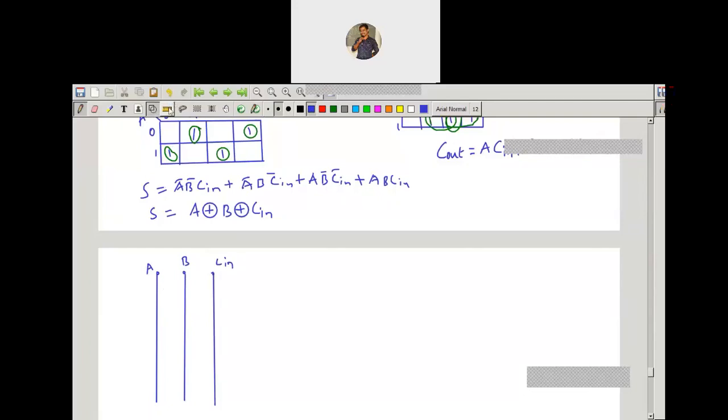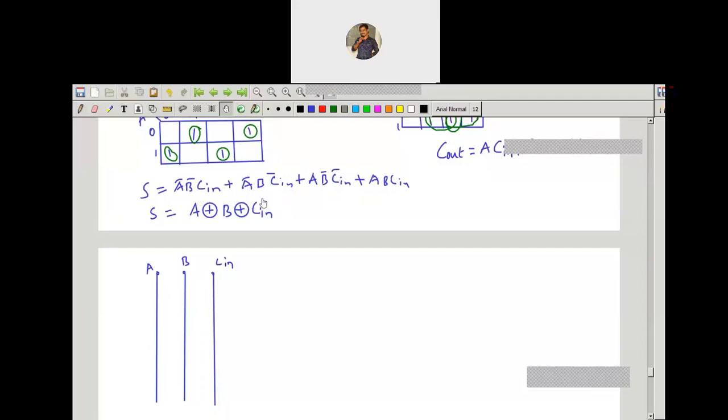First, to implement the sum, you can do this; both are correct. If you take the first expression for sum, A bar B bar C plus A bar B C plus A B bar C plus A B C, you can take this expression or simply A XOR B XOR C. But I will go with the second expression.